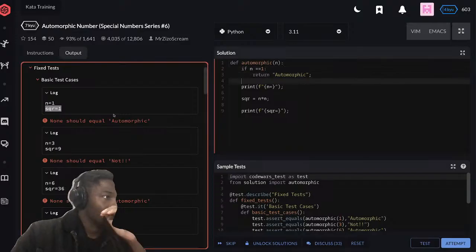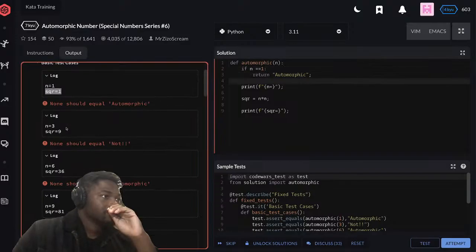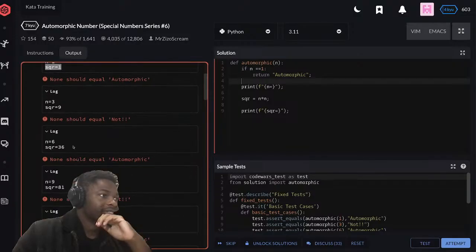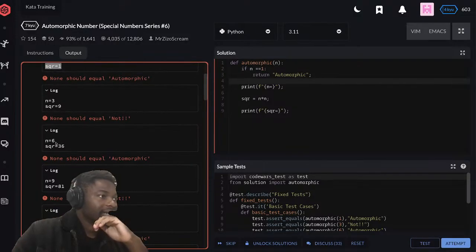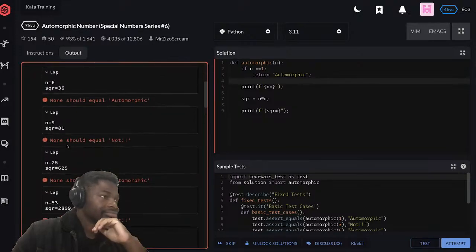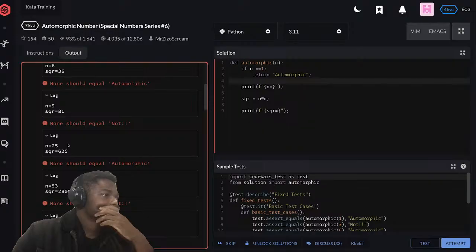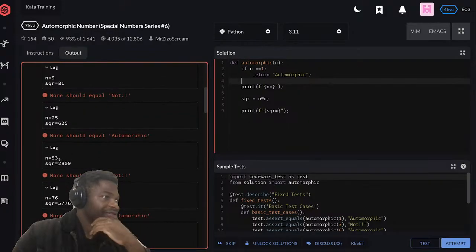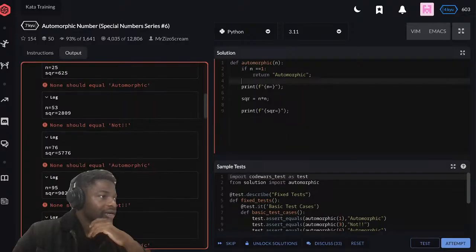Now moving forward, so not, this is the last digit. 25 is as well, 53 is not. Okay,